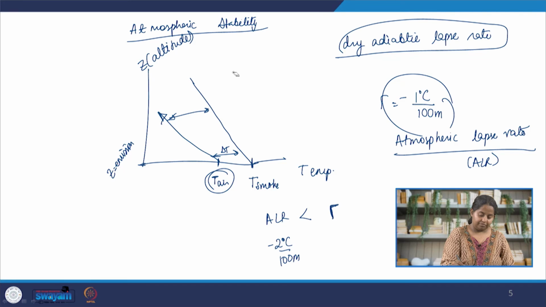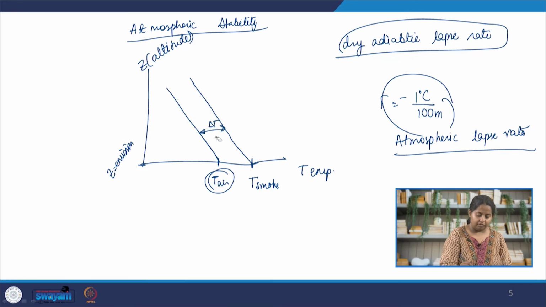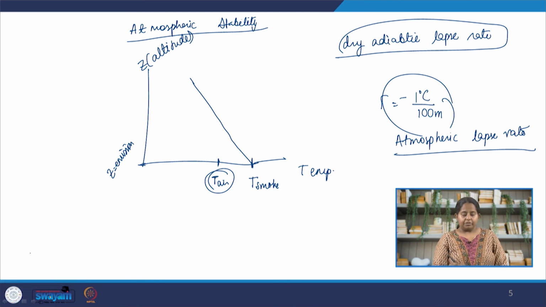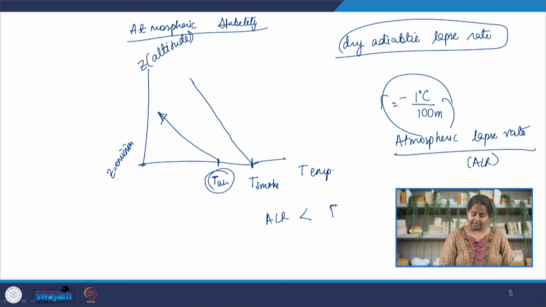Such an environment is known as neutral environment. Now let's look at another scenario. I'm going to only teach you some basic scenarios. I'm not going to go in detail because this is not an air pollution class. The other possibility is that the environment cools down much faster than the smoke. So basically the atmospheric lapse rate, ALR, is lesser, because they are negative, is lesser than the dry adiabatic lapse rate. So maybe instead of 1 degree Celsius per 100 meter, it's losing 2 degrees Celsius per 100 meter for some